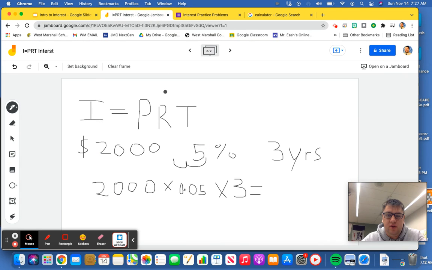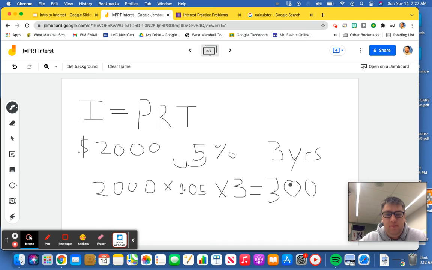So if I go back here to my Jamboard, my interest I will pay is $300. Okay, so I have to pay all of this $2,000 back plus an additional $300 to the person who I borrowed the money from. So say I